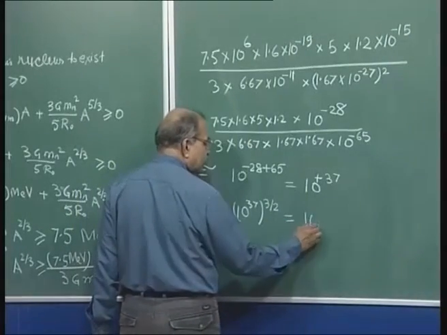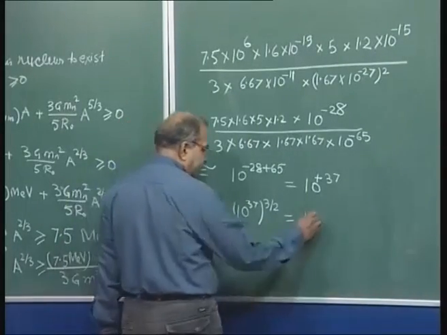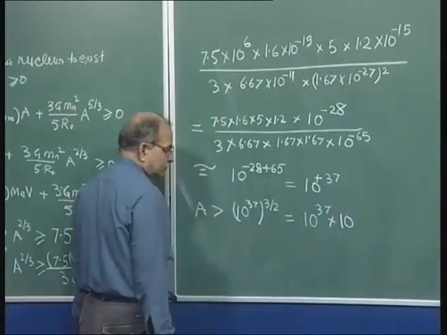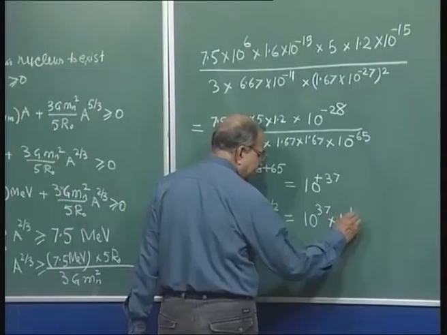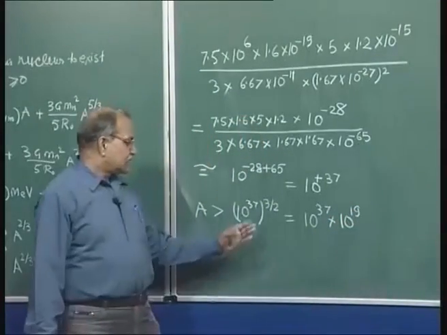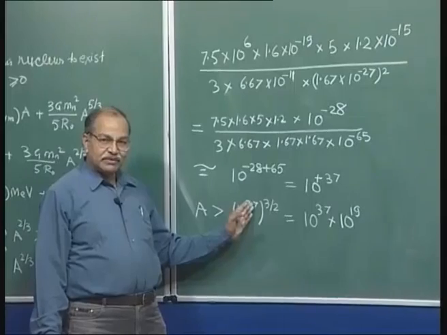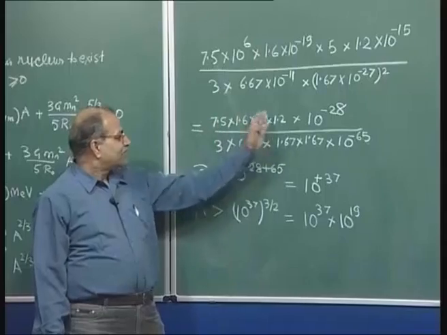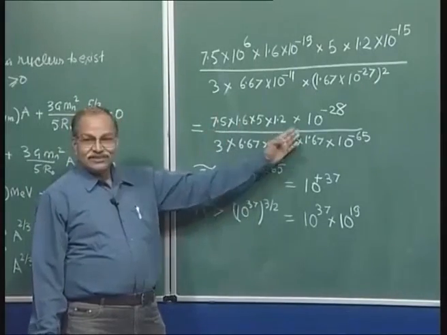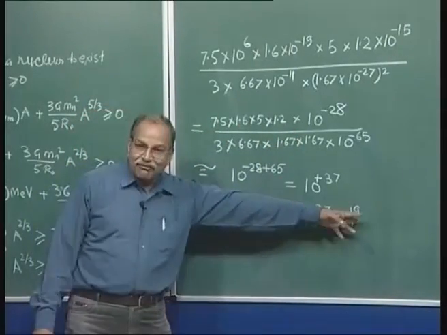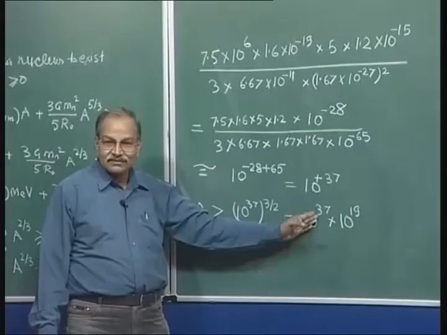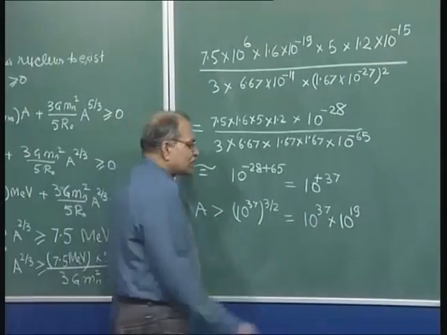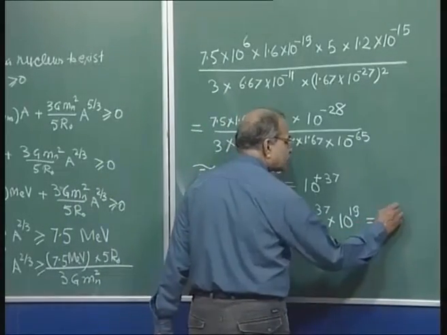This is 10 to the power 37 multiplied by the square root of 10 to the power 37, and something is coming from this side also, and I can see it is more than 1. So, it should have been 18.5 if I take the square root of this, but then this factor is also an order of magnitude calculation. So, it is this. How much is it? 10 to the power